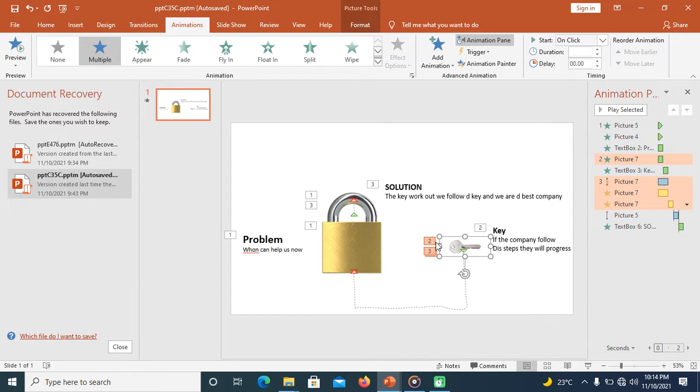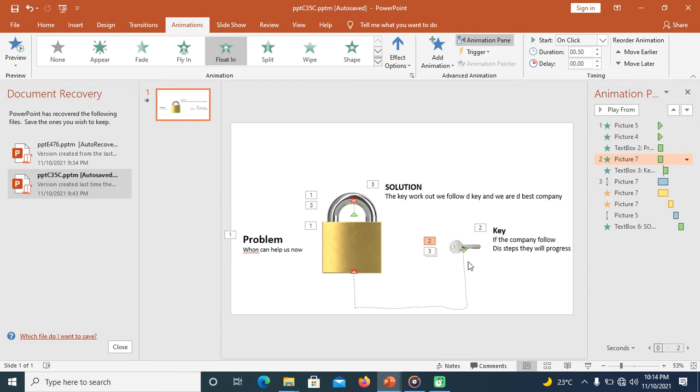Now the first animation here is number 2. You can see it's number 2. It floats in, right? Now if you look, this guy still remains number 2. He's following me orderly. Number 2 comes into the scene, the key floats in. Another number 2 is the text. When it floats in, what's the key all about? The company needs to follow this text for them to progress. Look at it, it's a text with wipe animation, positioned to the right. You can see we are done with number 2.